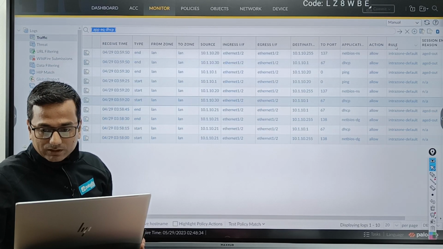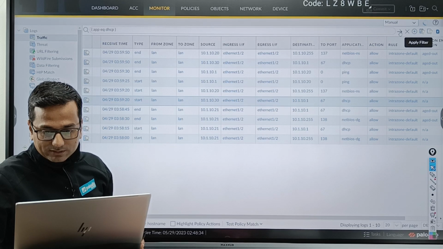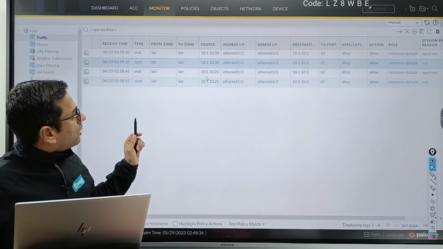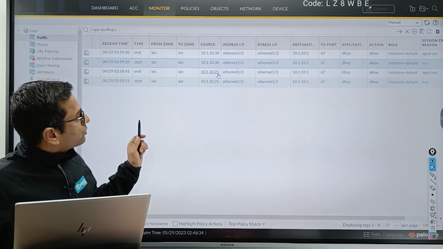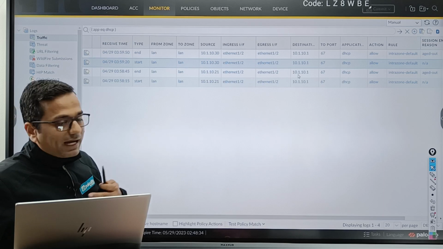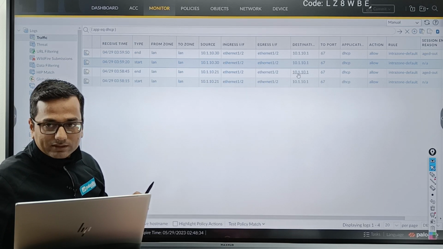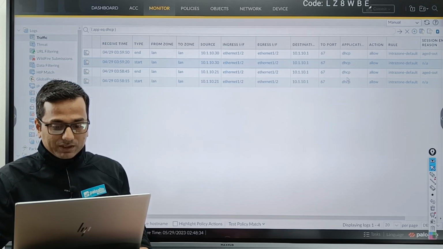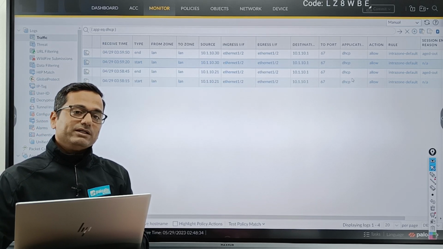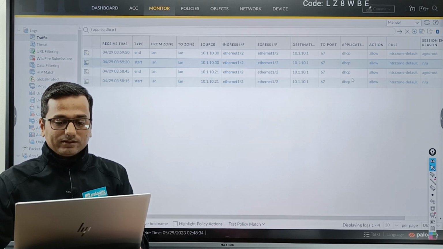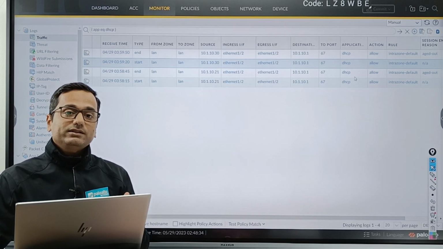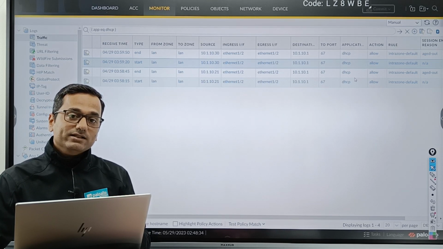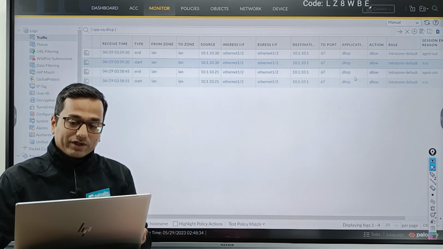First select DHCP so that we can filter it out. Okay, now we have DHCP logs. Perfect. Pick the IP address 10.1.10.21, which is the source IP address. Destination IP address is my IP address, which is 10.1.10.1, the Palo Alto firewall interface IP address, and service DHCP. Okay. One more log, guys, I am expecting over here, right? That is the self traffic generated by the Palo Alto firewall to validate the IP address before allocating it.